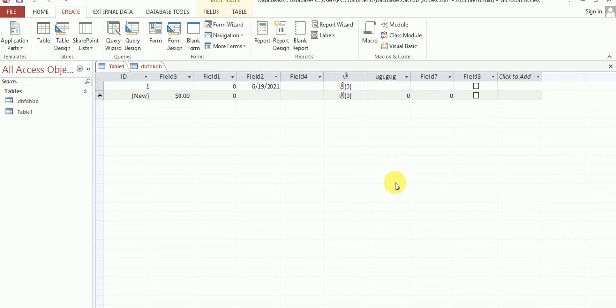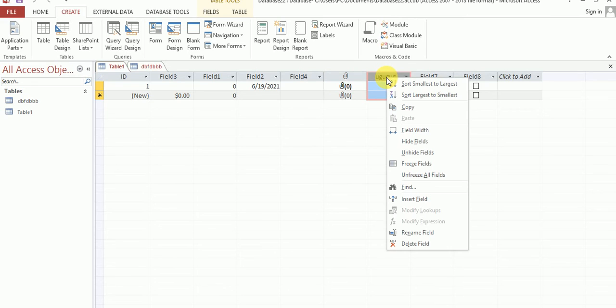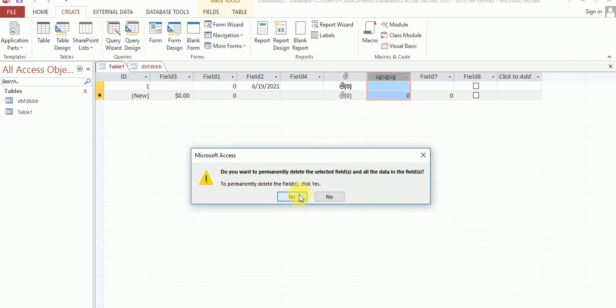Next, deleting a field. Deleting a field means, suppose you can see my columns are 1 2 3 4 5 6 7 8 9, up to 9 columns. I want to delete my second column from my table. Just click on the column which you want to delete and right click on the column, and you can see the Delete Field option. Just click on the Delete Field option, or select it from the keyboard. Okay, so delete field, and click on next.